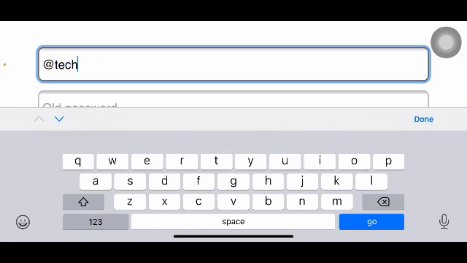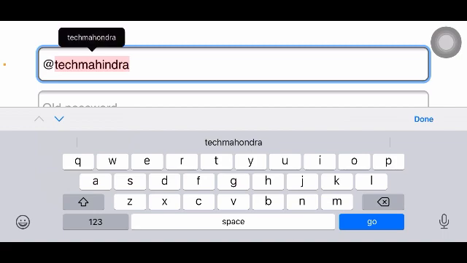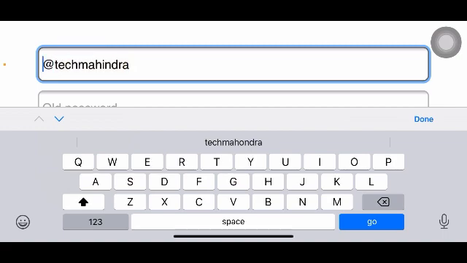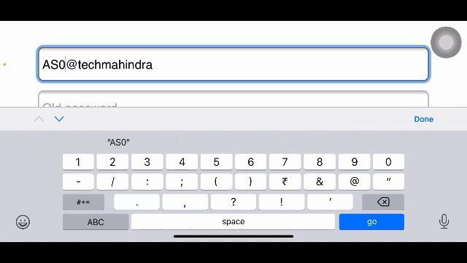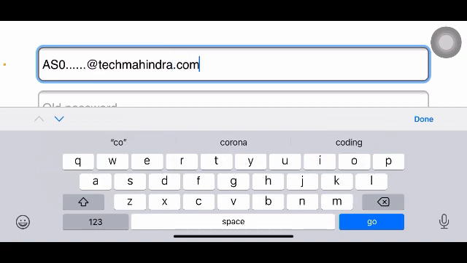You should type @techmahindra.com. So your LAN ID, suppose it is something like AS0 something, you'll have a 10 digit LAN ID or something, followed by @techmahindra.com should be your email ID. Not @gmail.com.